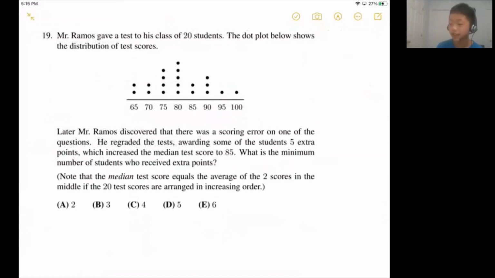Okay, question 19 really isn't a bad problem. It's actually not that bad. So you have Mr. Ramos, and he gave a test to his class of 20 students, and the dot plot below shows the distribution